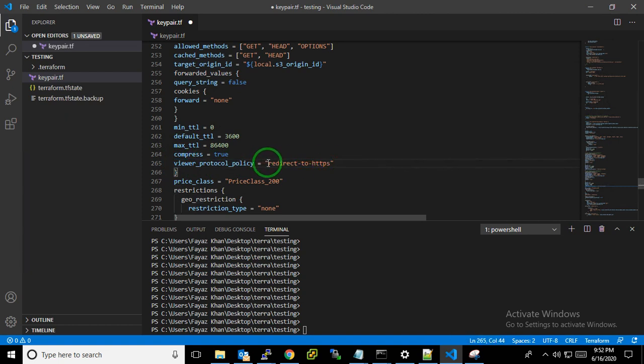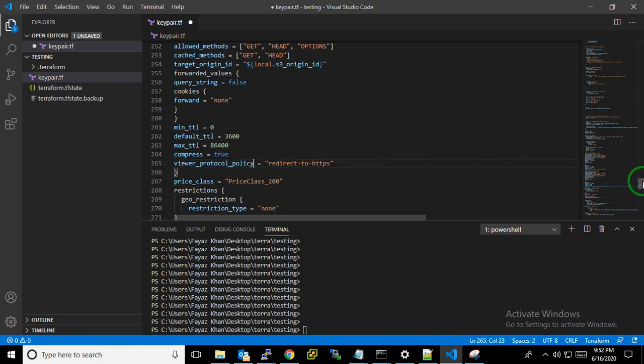So once you come from any origin with HTTP, and you write my domain name with HTTP, my CloudFront will redirect it automatically to HTTPS, which is the secure one. So this is the viewer protocol policy.